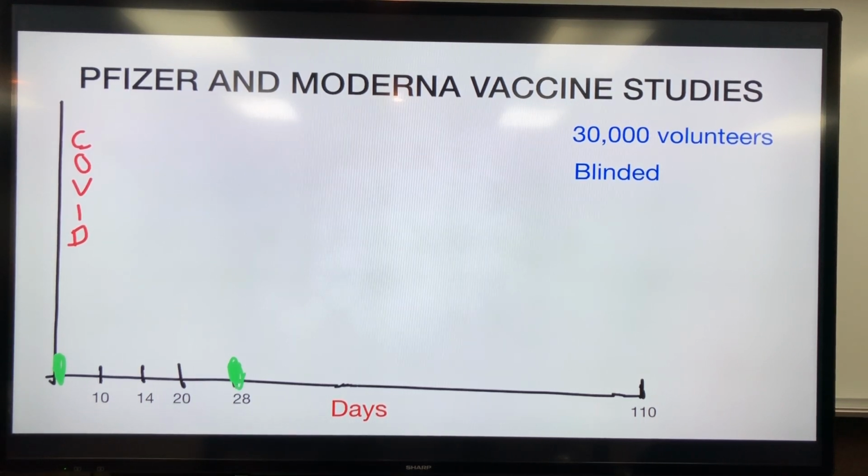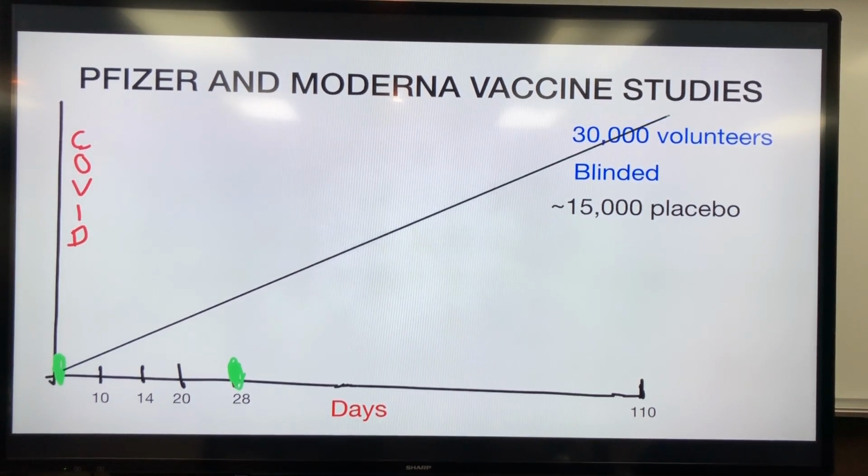So that's how the trials were set up. And about 15,000, half of them were randomized to get the fake one. And the ones that got the fake one, this is what happened to those folks. You can see this little line going up. It's obviously they didn't get the real vaccine. So as the mathematicians follow those folks over the ensuing months, no surprise, you saw more and more cases over that time. Now, the other groups in both the Pfizer and Moderna got the real vaccine. Now, what they found there was the interesting thing. About the first 10 days, nothing happened.